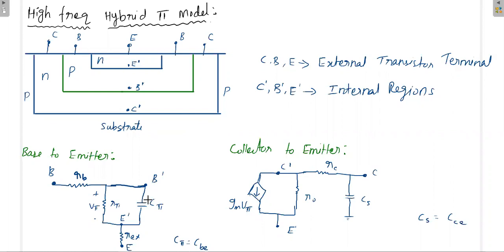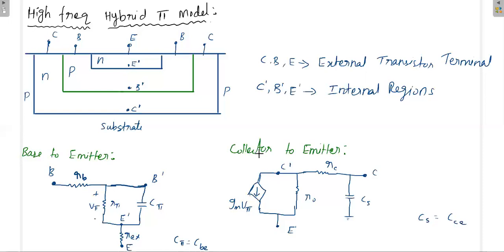These are not physical capacitors. It is a device capacitance that is formed at high frequencies. Then between the internal emitter region and the outer terminal there is another resistance, that is small r subscript EX. This REX value is very small, around 1 or 2 ohms, and the base spreading resistance is also very small in terms of ohms, but the R pi value is in terms of kilo ohms.